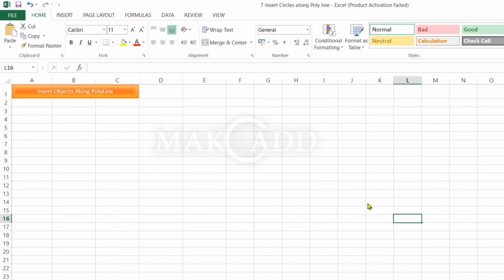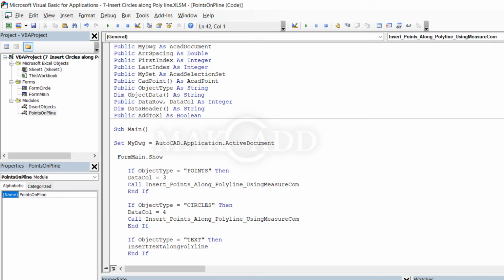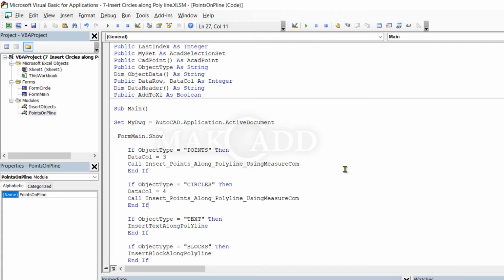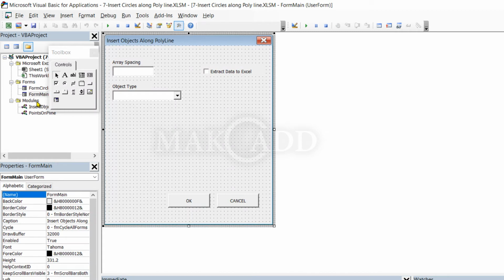Now we will go through the procedure. We are starting from the sheet. Here when we click the button, it will run the main procedure. First it will show the form main, then we will get the array spacing and object type and extract the data, and click OK.